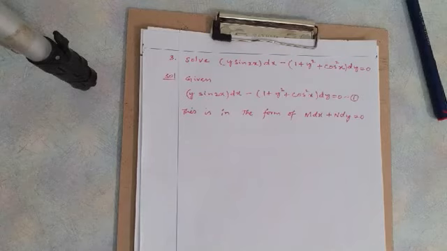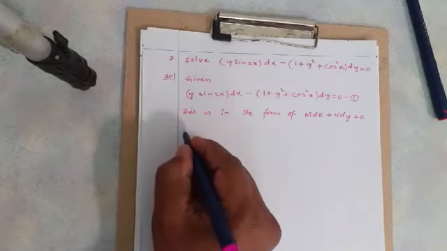First we started with exact and non-exact, and then we went to the cases. In the same way, when you see the problem, you should recollect whether the given form is in the form of M dx plus N dy equal to 0 or not. Then if it is, we write where